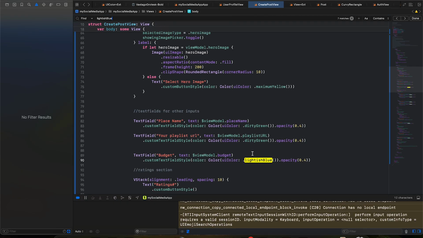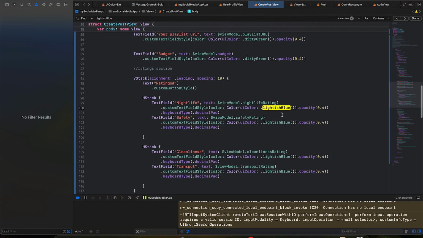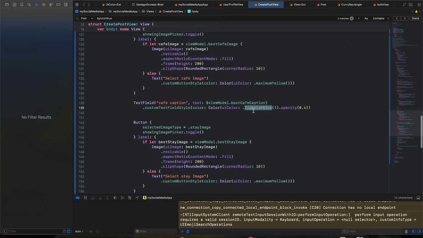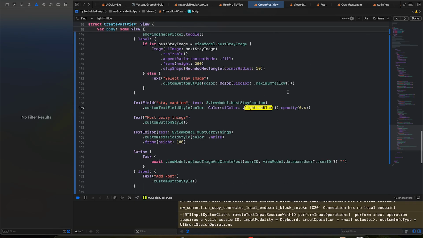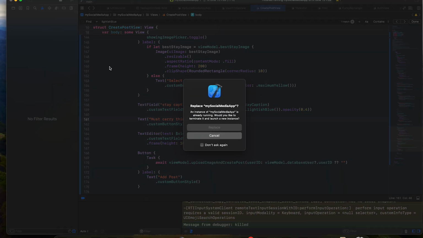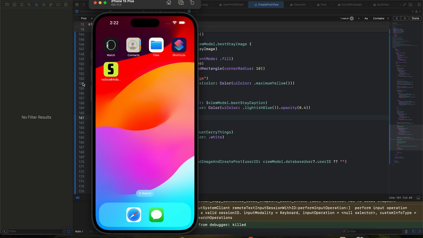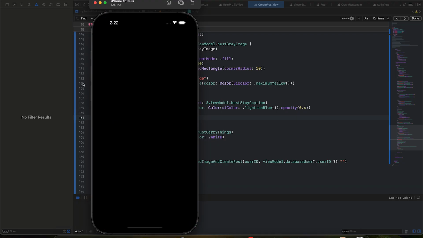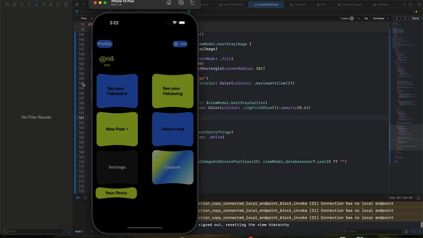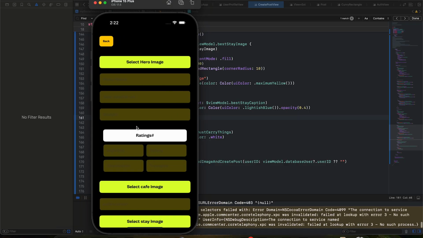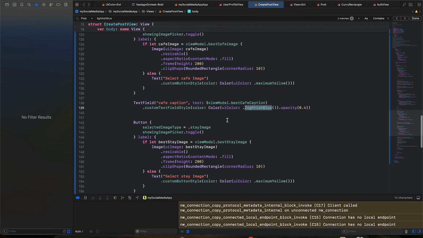Let's just copy it here, and everywhere it is present we can just manually change it. I think there are shortcuts for doing that also, but right now we don't really need to look into those. Let's just try running and see first, so we'll get to know if it's working or not, because the placeholder color is messing up, but at the same time the text field color looks fine. Coming here, this looks even worse. So how about we go back,